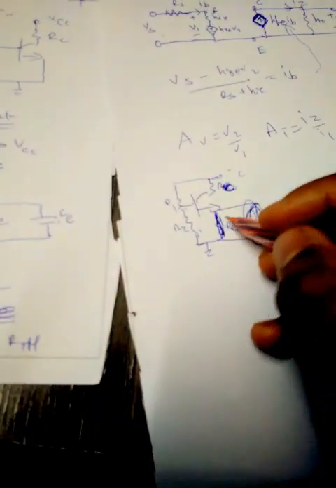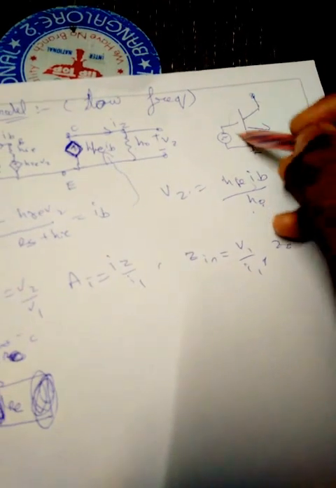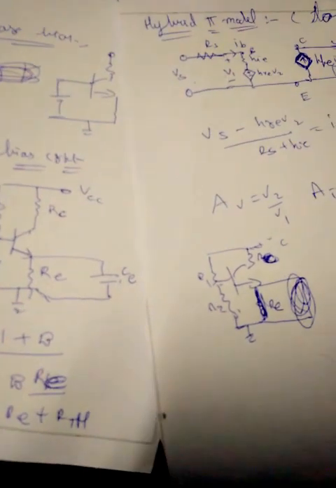So a resistor in parallel to a short will also be a short, and our circuit looks similar to this. So our main transistor part has been replicated because of the presence of a bypass capacitor. The effect of the bypass capacitor is to keep R_E in for DC analysis, and keep it a short circuit for AC analysis. So that is why a capacitor is added in parallel to R_E and called a bypass capacitor.